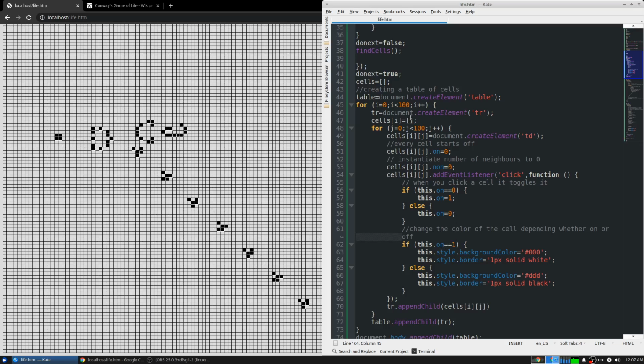So it creates gliders that glide across the plane. The first thing that I did was create an HTML table that is like 100 by 100. Pretty simple, like create a two-dimensional array and then create table data or TD elements for each one and instantiate this so everyone starts at 0, meaning off. And I'm also attaching the number of neighbors to each cell